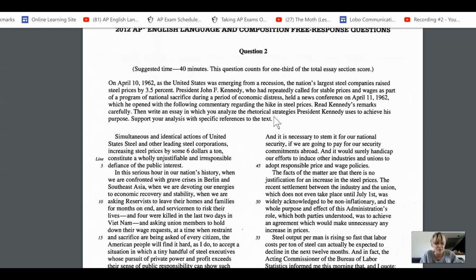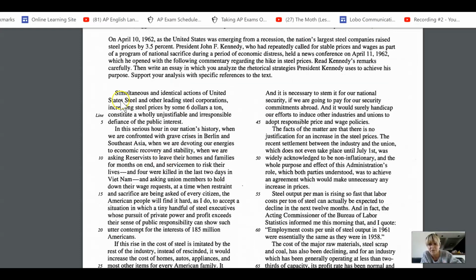He's going to be talking to the American public, right, about this choice that the steel companies made to raise their prices. And so he's going to be trying to obviously alleviate their distress about it and also kind of hold the steel company accountable for their choice, right? So the country's in economic distress, everybody's suffering and sacrificing, and here we have this huge company trying to reap profit. So you can see Kennedy trying to negotiate that, right? Like that's the situation. So let's check it out.